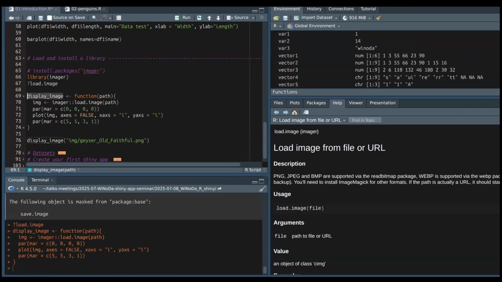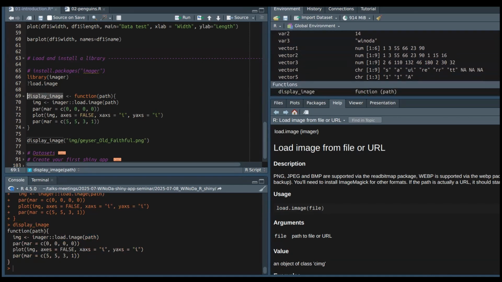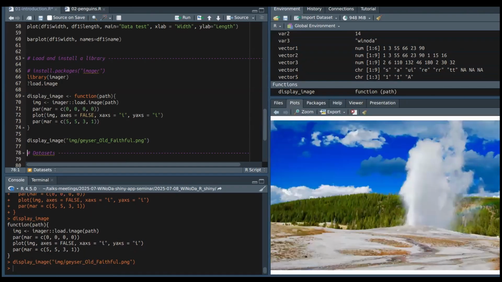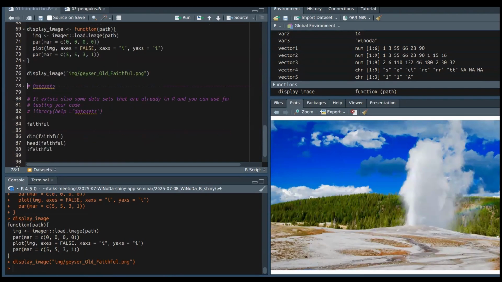And if I look here, I have the function that is in my environmental variables. And I can here run my function with a single argument that is the path of the image. So here, if I displayed a geyser, it's because in R you have some datasets that are already included, like the dataset